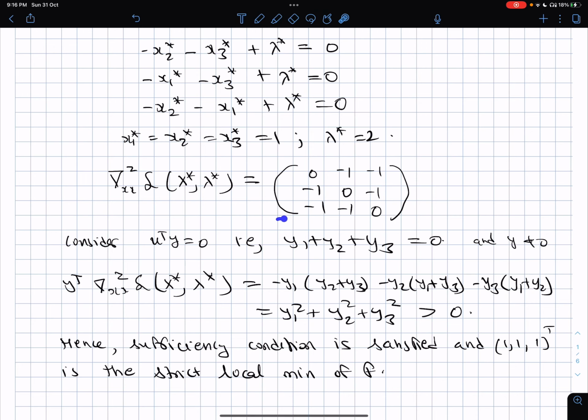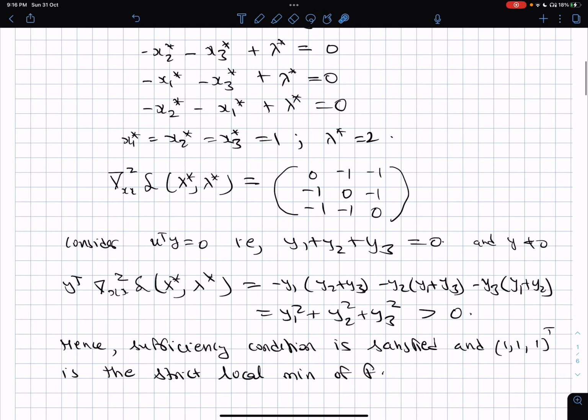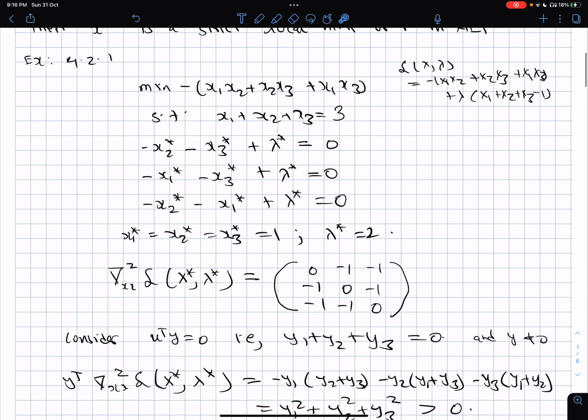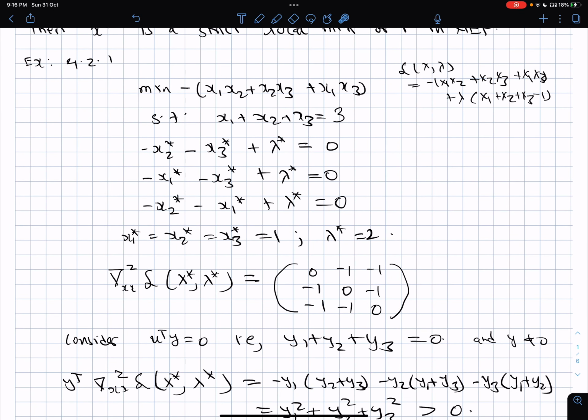So then you look at the projected gradient Hessian, sorry, you look at the Hessian of the Lagrangian function. So the lambda terms will not give you any second order derivative. In this case, their contribution will be 0. So therefore, no lambda star is going to come into it. And there is no term corresponding to x1 square, x2 square or x3 square. So because there is no term connected to x1 square, x2 square and x3 square, the diagonal terms are 0.